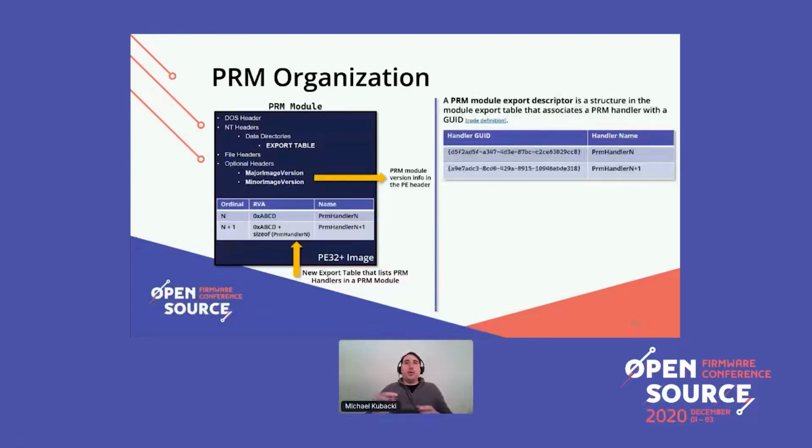Now, in order to actually call this in the operating system, we're not calling it with ASCII name strings. We're calling it with GUIDs. So we need a way to associate a physical address with a GUID, because what's going to happen inside the operating system is it's going to give the bridge driver a GUID to call. The bridge driver needs to know what physical address that handler resides at to invoke it. And so we have this structure called the PRM module export descriptor that actually maps a GUID to a name. And so the firmware uses this structure to be able to map the ASCII name string in the name pointer